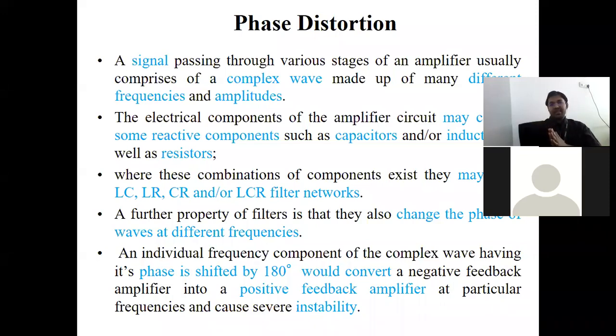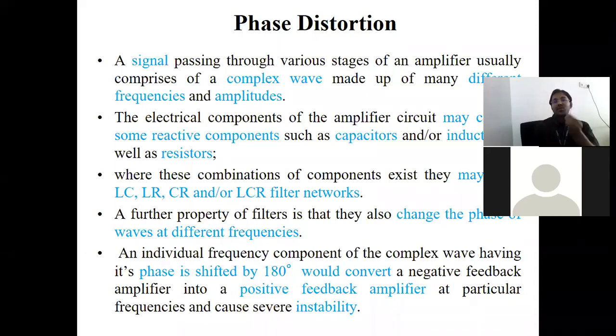Now, one of the serious problems is, suppose you have a signal and that signal is phase shifted by 180 degrees. A sinusoidal signal, if it is phase shifted by 180 degrees, becomes minus sine. Now whenever you consider a feedback amplifier, this phase shift will change the feedback from positive feedback to negative feedback. How? The sign becomes minus when I'm doing a 180 degree phase shift. So positive feedback will become negative feedback and negative feedback will become positive feedback due to this problem of phase distortion. That may lead to instability.